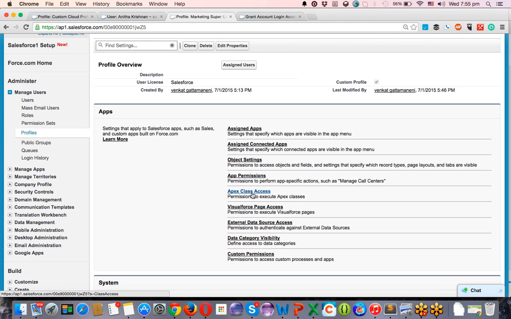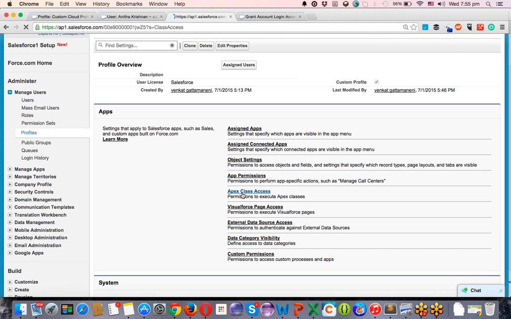So why do we have to do this? Suppose your customer asks you to develop a requirement which cannot be done with button clicks or configuration. You thought of creating some Apex class and VF pages. That's the only possible way. But after creating that, if these profile users try to access the page, they cannot access it if the page is not added here. For that, you have to first